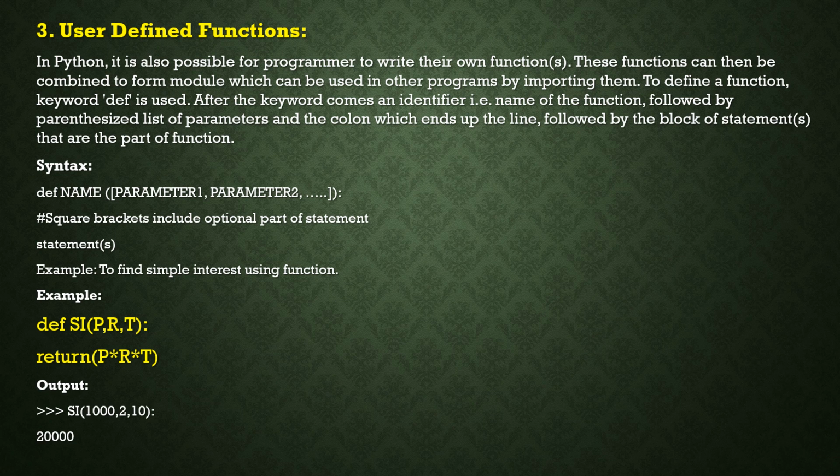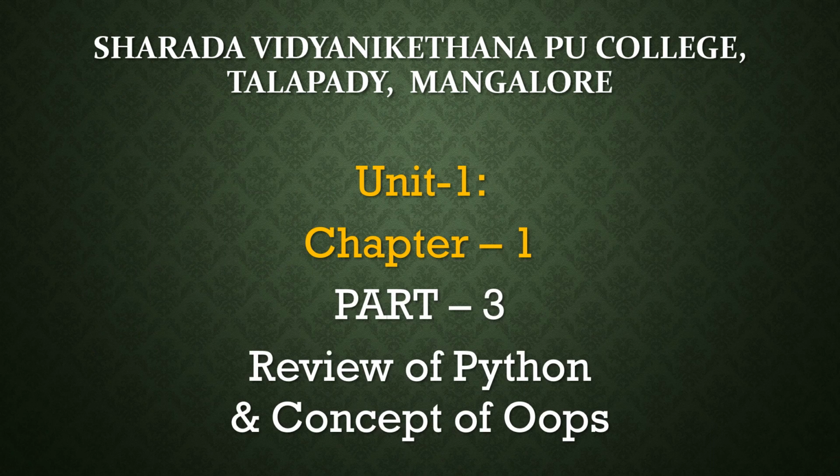Here we define using def, and the function name is si, and then we have to specify some variables like p, r, t. These variables, or we can say values p, r, t, are also called parameters. See, a parameter is a normal or simple variable. It's not a complex one. Whenever you specify such variables along with the function header, it is called a parameter, right? Modules were also explained in the last class.